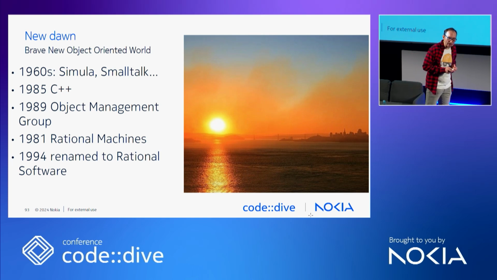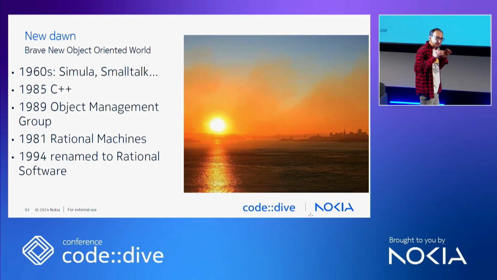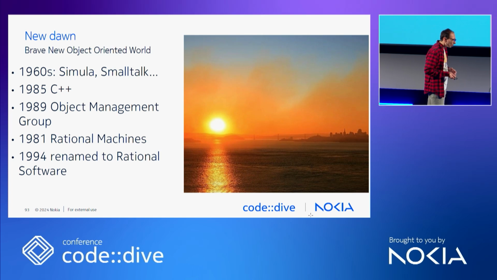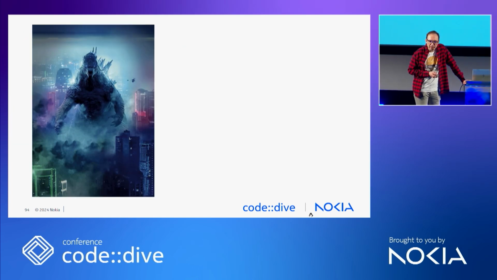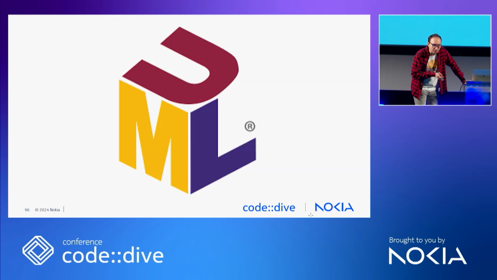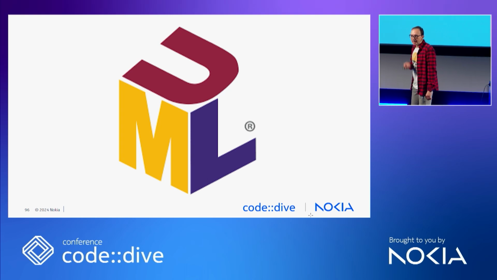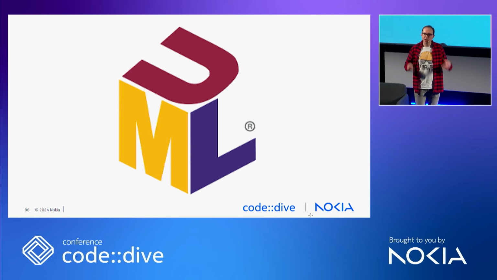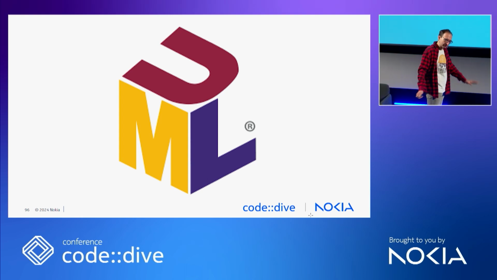They employed a bunch of brilliant engineers. And those engineers started to work on a secret interbreeding program. They wanted to crossbreed Godzilla with Everything Everywhere All at Once. And they succeeded. They created UML, Unified Modeling Language. It is a behemoth. It is gigantic, like Godzilla, and it truly aims to depict everything, everywhere, all at once. Both architecture and design on all the levels, in every possible aspect and perspective and view.